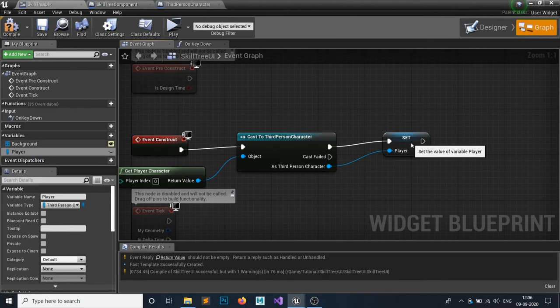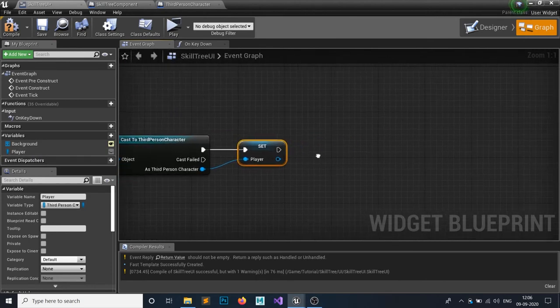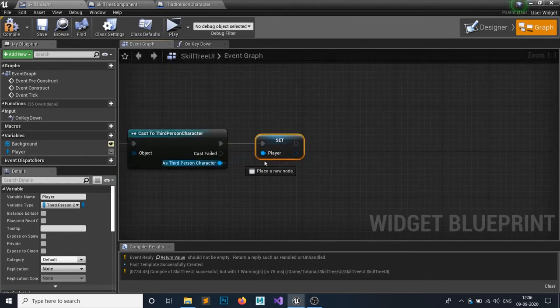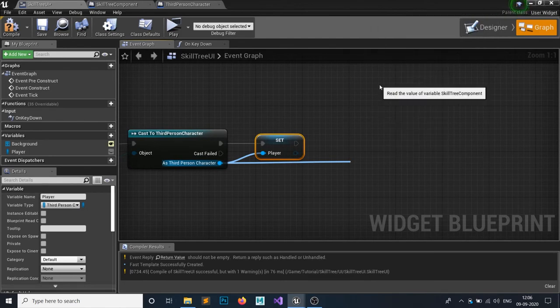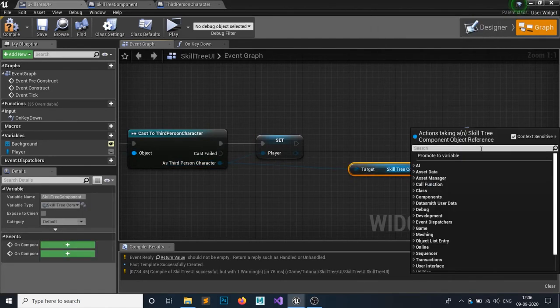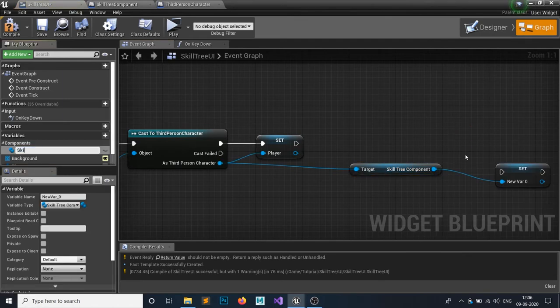We're also gonna promote that skill tree component into a variable. So get skill tree component, this one, and promote this to a variable, and we're gonna call this skill tree component. We're gonna use it in a future reference, and connect it like this.